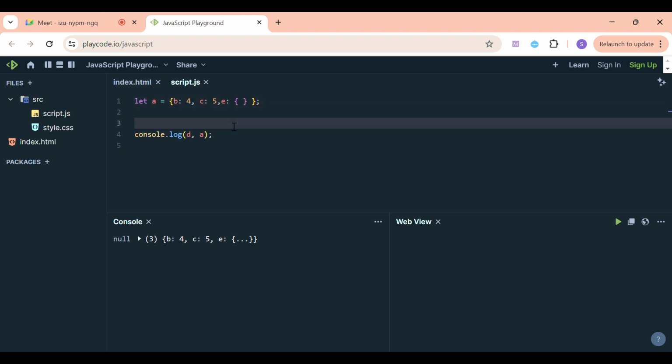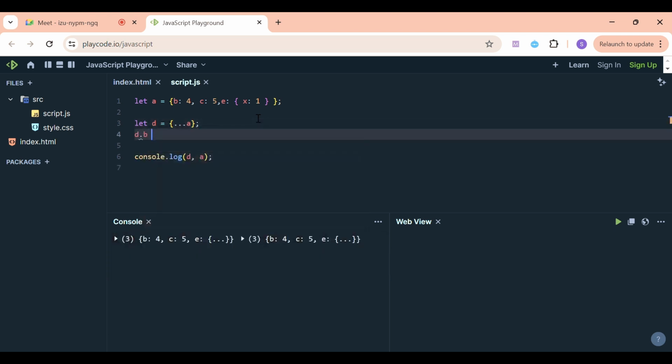Can you explain it with an example, writing it? Sure. Let's suppose B equal to 4, C is 5, and E has something like X value 1. Now I will create a variable: let D equal to A. Now if I do D dot B equal to 5, you can see that B is 5 here and B is equal to 4 here, which is correct. But if I do D dot E dot X equal to 5,